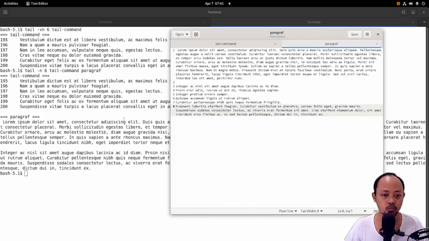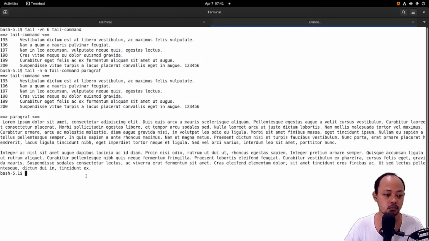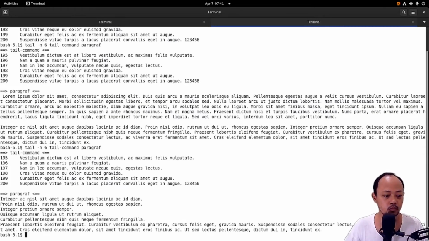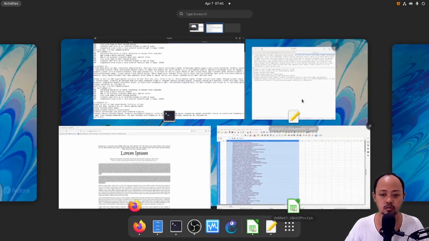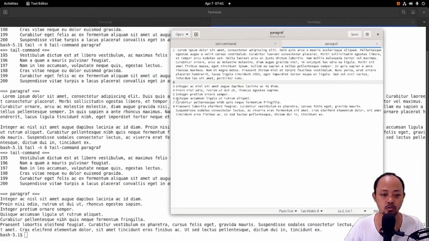So if I input 6, it means the tail command will print from this line, the empty line. One, 2, 3, 4, 5, 6. Oops, I'm sorry. So the tail command prints from here.